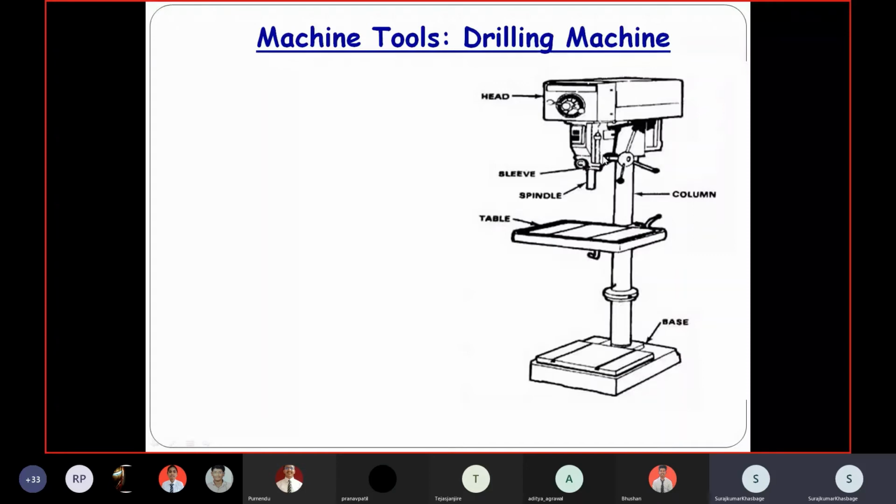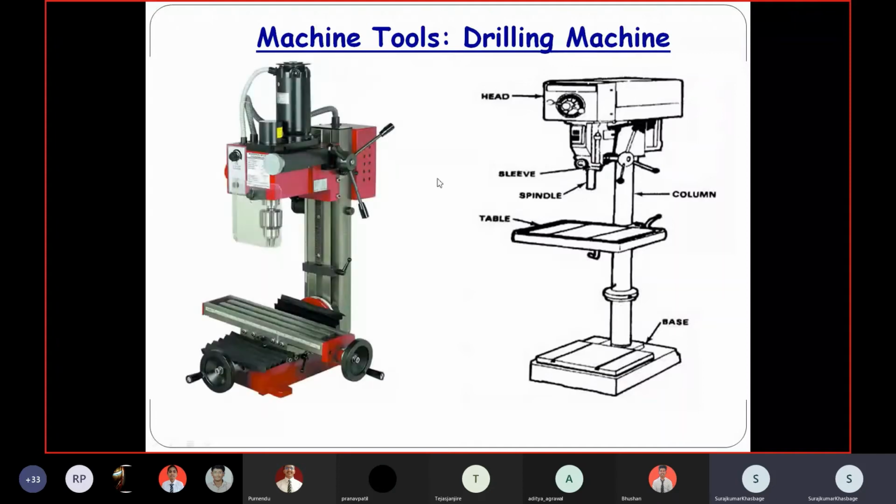This spindle is then provided with a drilling tool to perform the drilling operation. So this is the picture of a drilling machine. You can see this is the spindle or the chuck which holds the drilling tool. This is a handle through which you can adjust the location of the drill along the workpiece.